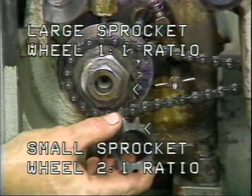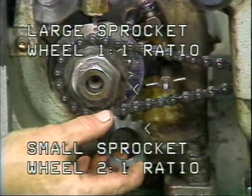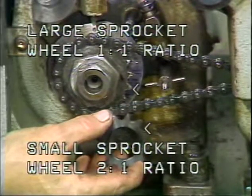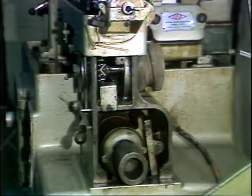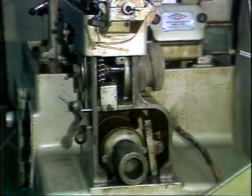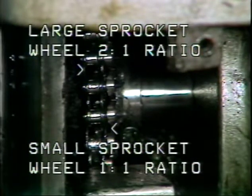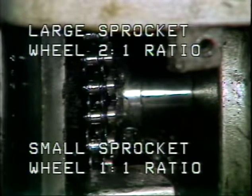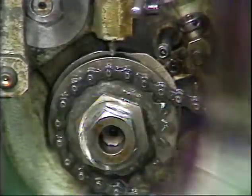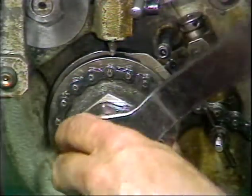If the stock straightener ratio must be changed from 1-to-1 to 2-to-1, the sprocket wheel mounted on the main camshaft must be replaced with this smaller sprocket wheel. The chain position must also be changed on this double sprocket wheel under the stock straightener. To change the stock straightener camshaft ratio from 1-to-1 to 2-to-1, loosen the large lock nut and the small lock